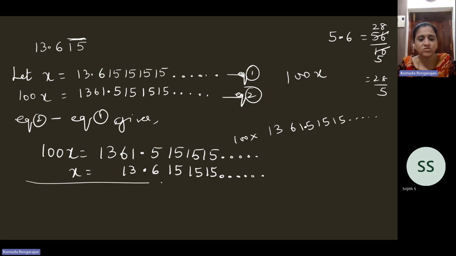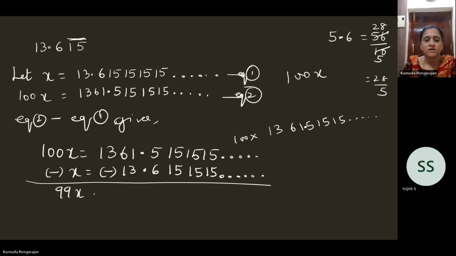Now you must subtract these two equations. What is 100x minus x? 99x. And when you subtract here, 5 minus 5, 0. 1 minus 1, 0. 5 minus 5, 0. 1 minus 1, 0. 5 minus 5, 0. 1 minus 1, 0. So literally what's happening is,